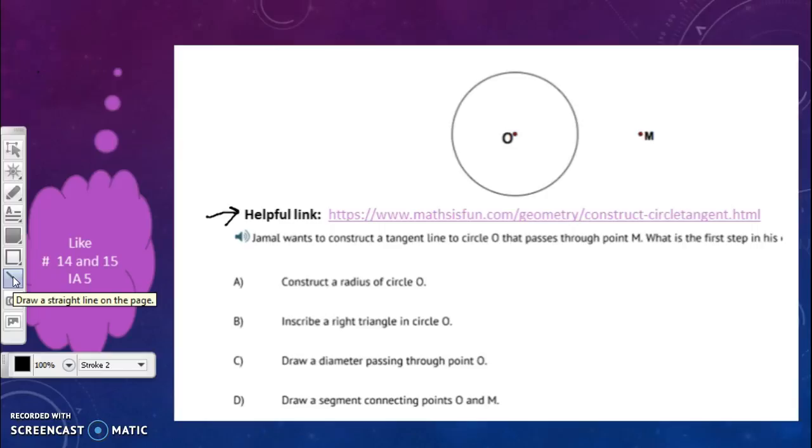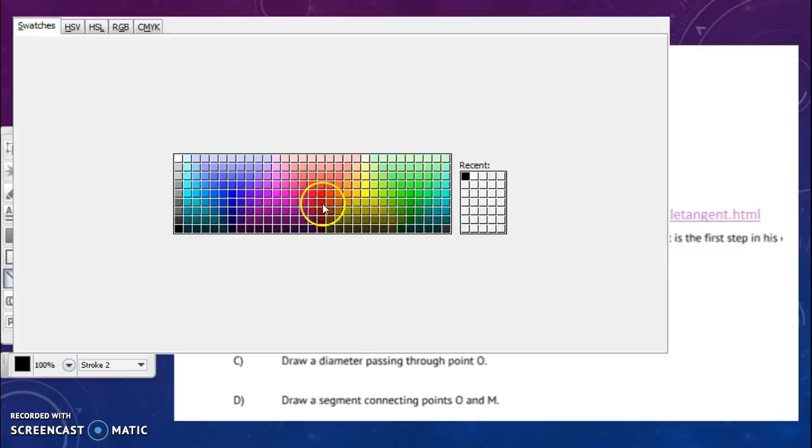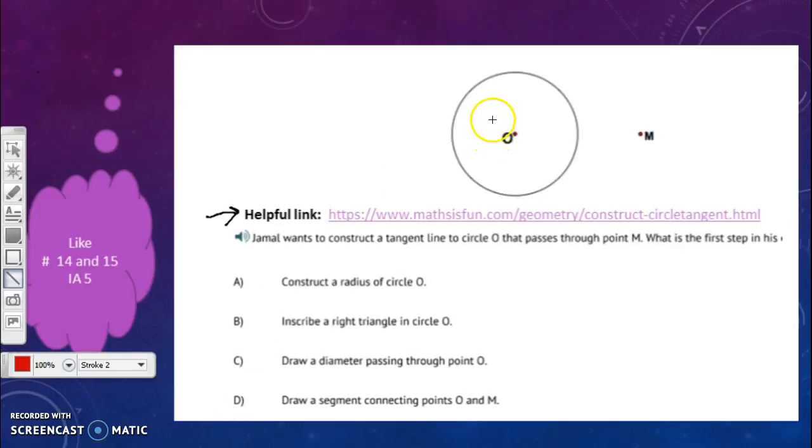If Jamal wants to construct a tangent line to circle O that passes through point M, what is the first step in his construction? Well, I'm going to just go ahead and show you all the steps, and then we'll come back and look at what the first step was. All right, so the first thing we need to do is we're going to draw a straight line between O